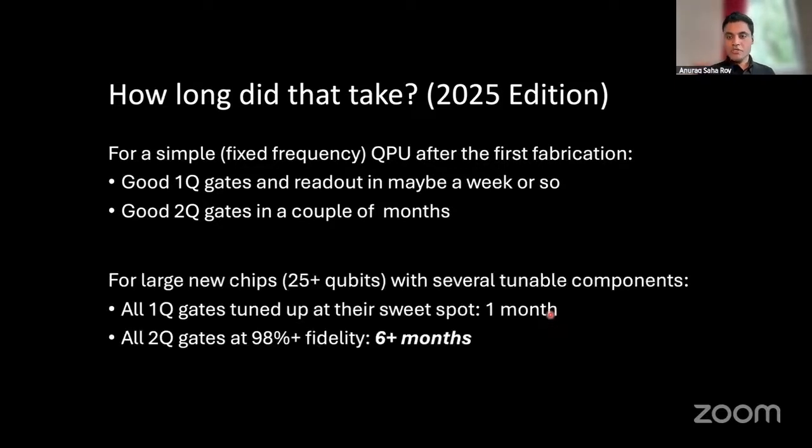But then most of the large qubit chips, 25 plus qubits, or anywhere from 25 to 100, 500 qubits, we are talking about 6+ months. So that's how long it takes after you get the chip, the square chip that you fabricate, to it being useful for running any algorithms, which means that this is quite a slow process.